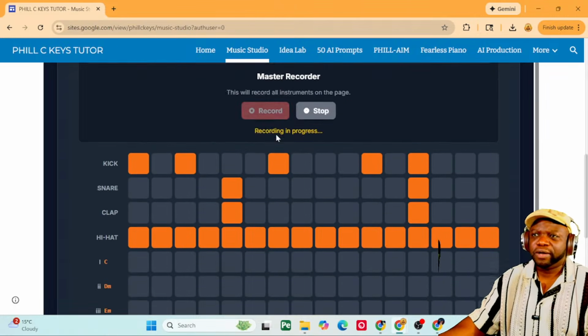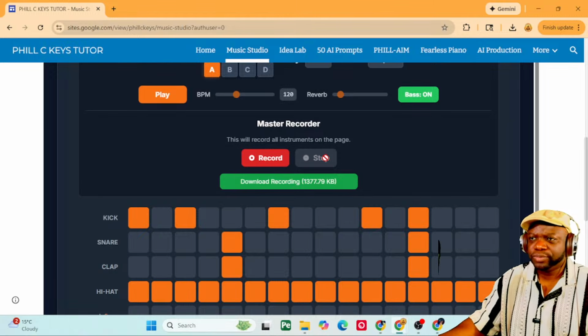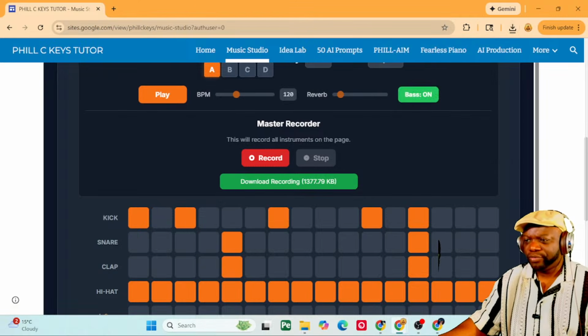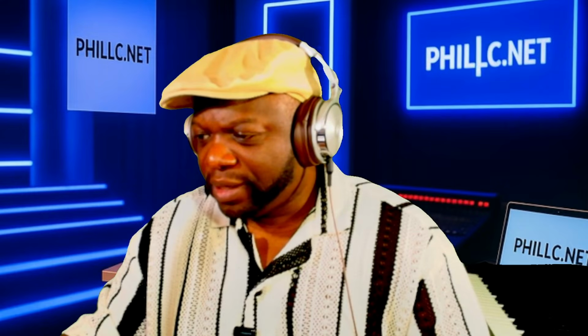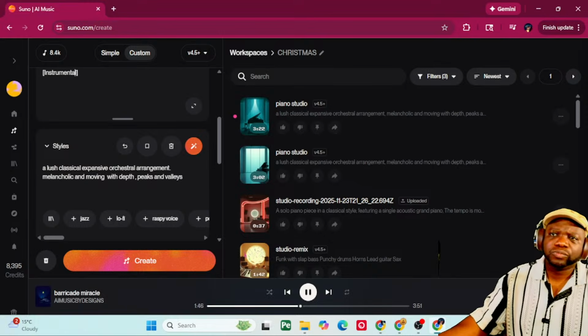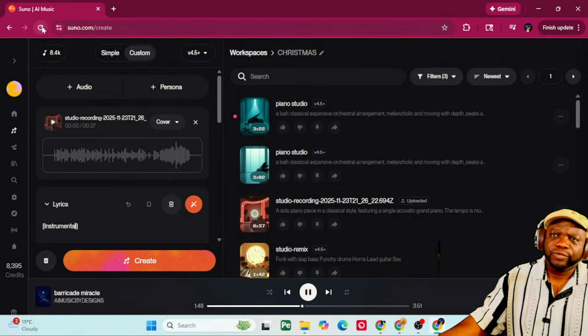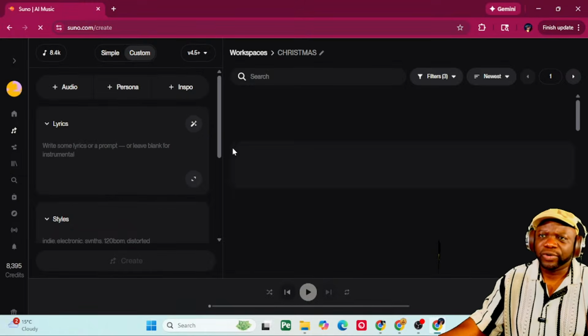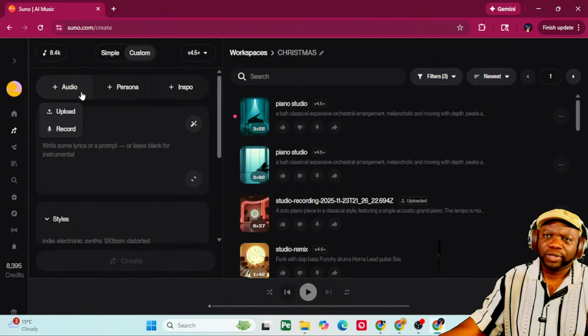Then we've got to click on stop, and we've got to download it. Now we've got a piano recording done. And then we're going to go back into Suno as usual. So going back into Suno, going to do a refresh, going to get rid of what was in there before. Going to hit audio, going to click on upload, going into